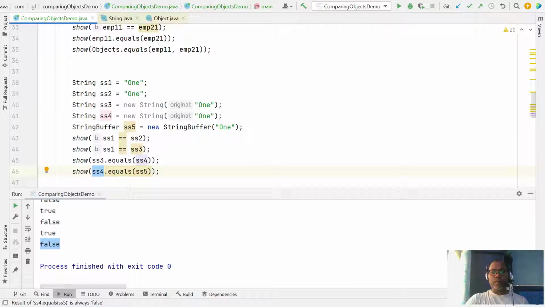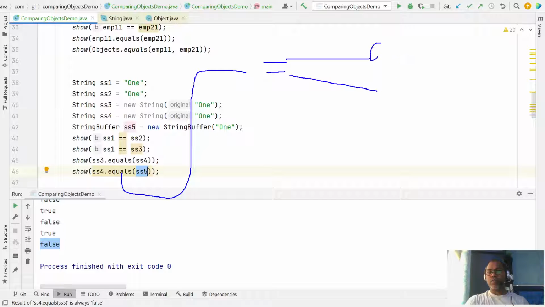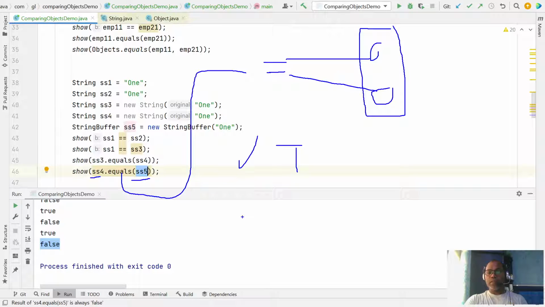The String equals method does these checks first. If both objects refer to the same memory location, it returns true. Before that, it checks the type: this is the type String, this is the type StringBuffer, both are not the same type, so it returns false. If both are the same type and refer to the same memory location, then true.